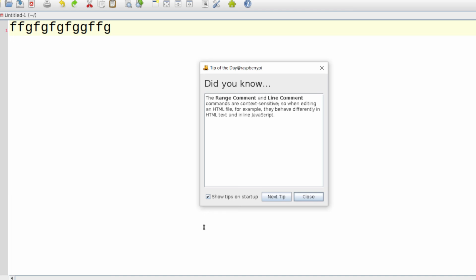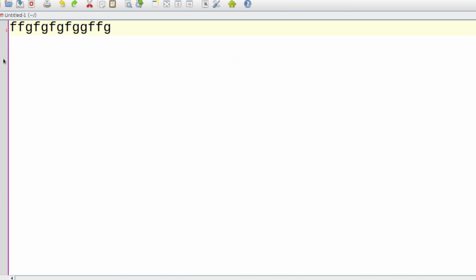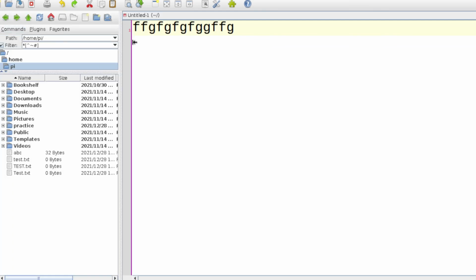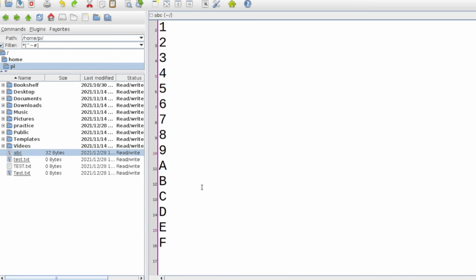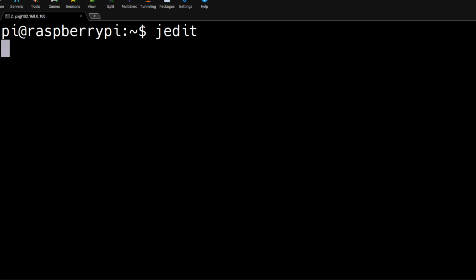Okay, so this is the gedit window, and this is the GUI using Swing. All these are Swing styles. We can even have a file system browser here, I guess. And all these things are running on the Raspberry Pi system. And here we have the file system browser. We can open other files like text.txt. We just need to double click on those files, I think. Okay, it is showing us the contents of those files, and it is also showing us the line numbers. Now I'm going to close this.